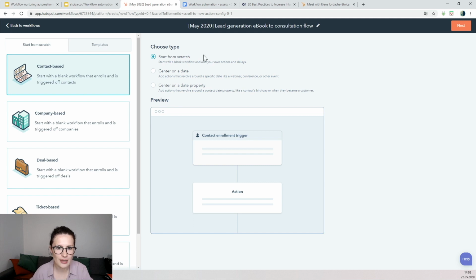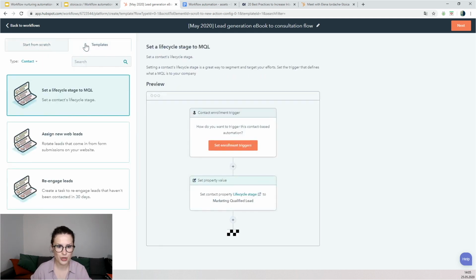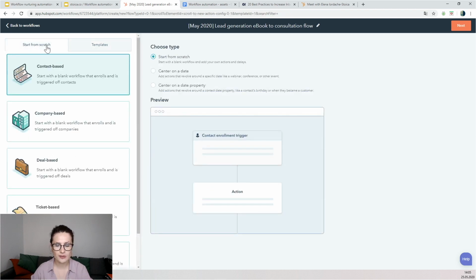Okay, so once we're here, you're able to select a template which is pre-made, but today we're going to start one from scratch. From here, you have the option to use a standard workflow, which is the one you would use for a lead nurturing campaign. You can also